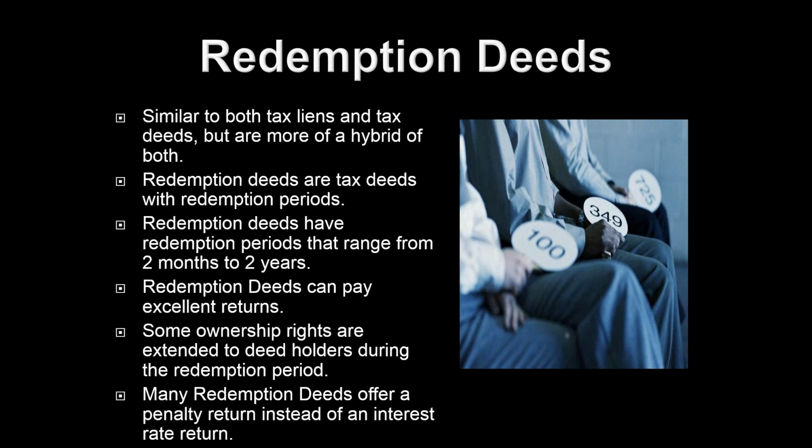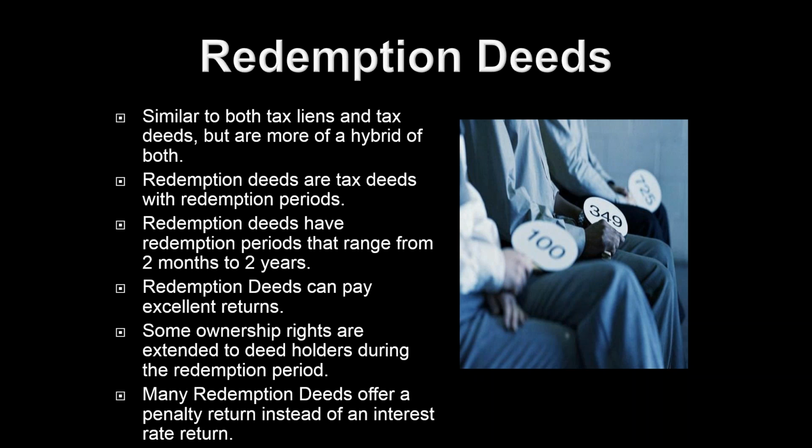But usually redemption deeds are going to bid up in price like a tax deed. So let's say the bidding starts at $10,000 and may go up to $20,000. The property owner is going to have to pay that $20,000. So really, they're just giving them a chance. Hey, this property is pretty much going to be yours, but the old property owner will have a 6-month period to come and pay the property back. Or on a homestead property and farmland, you're looking at a 2-year redemption period. But any type of rental, commercial property, land, anything like that, we're talking about a 6-month redemption period.